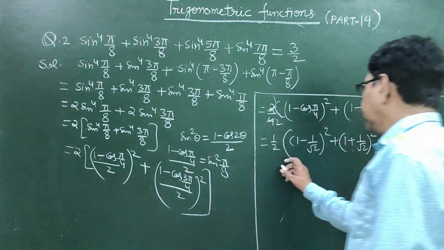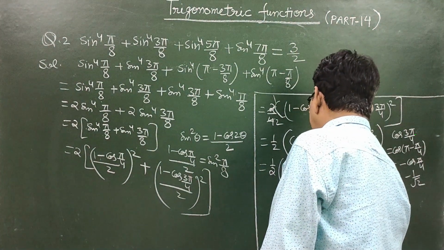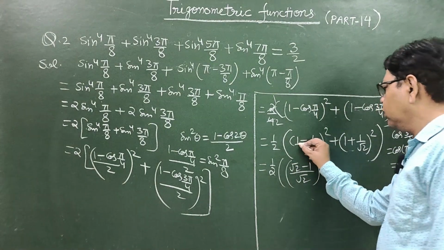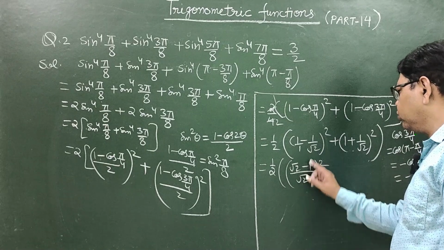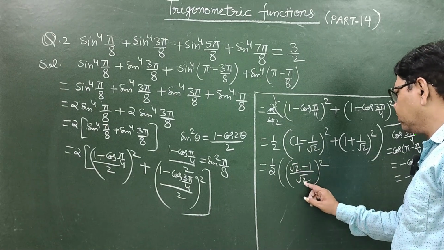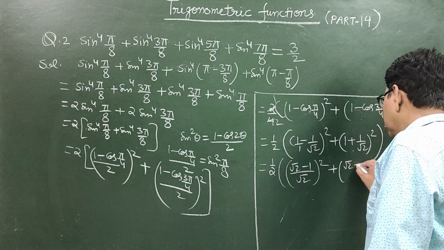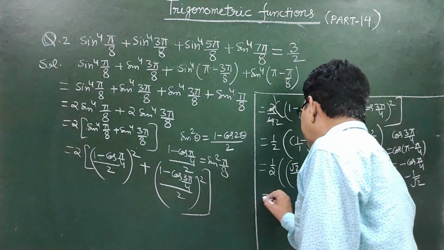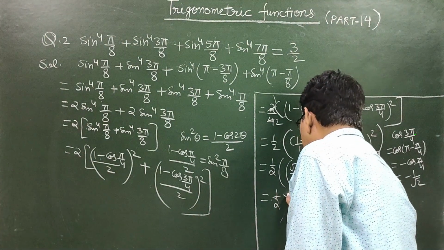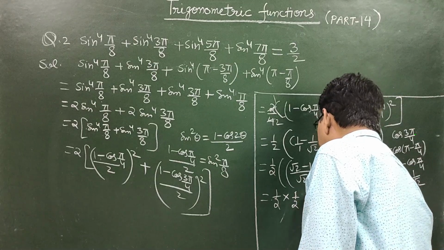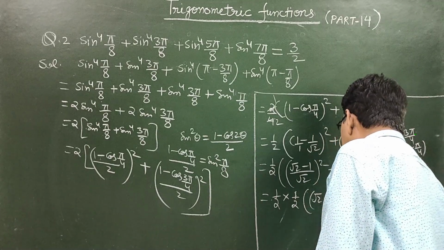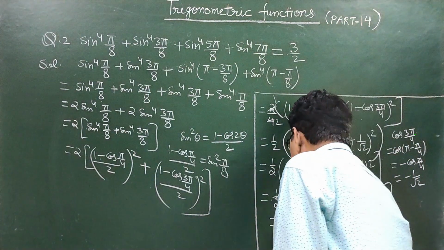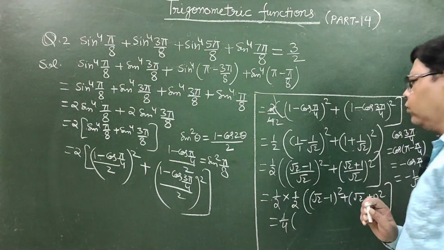Now take LCM, 1 by 2. Here I can write (root 2 minus 1) upon root 2 by taking the LCM. LCM of 1 and root 2 is root 2, and on simplification we get (root 2 minus 1) upon root 2 plus (root 2 plus 1) upon root 2. And you know the root 2 square is 2, so I can take this 1 by 2 out, and here I have (root 2 minus 1) square plus (root 2 plus 1) square, which is equal to 1 upon 4 into